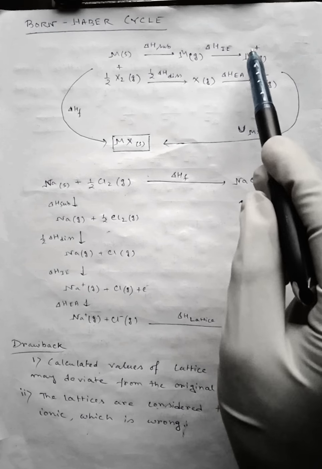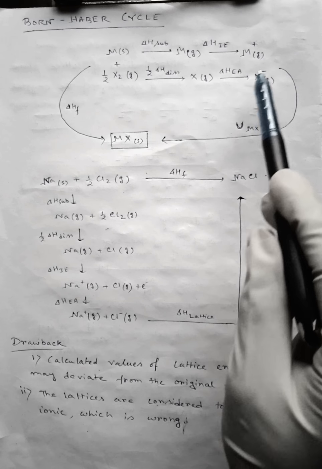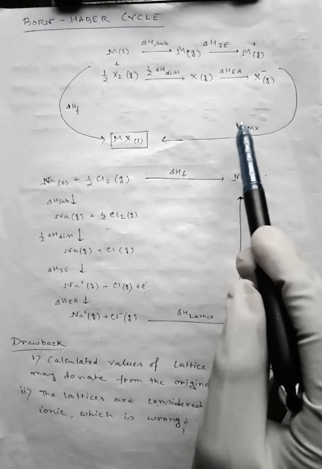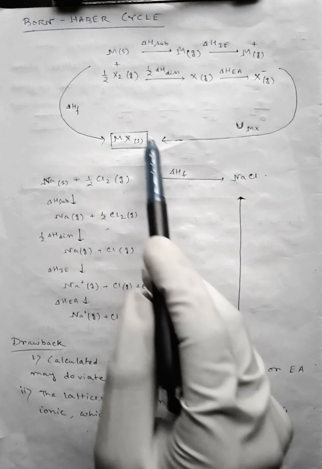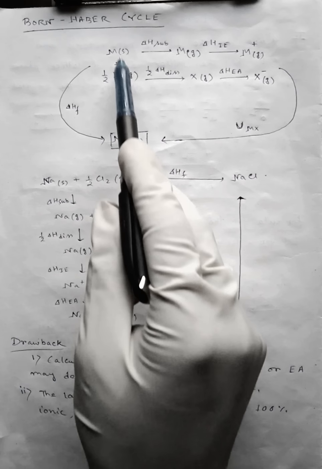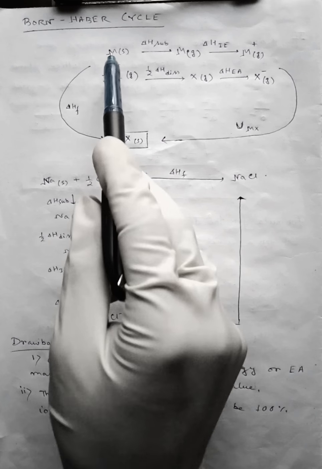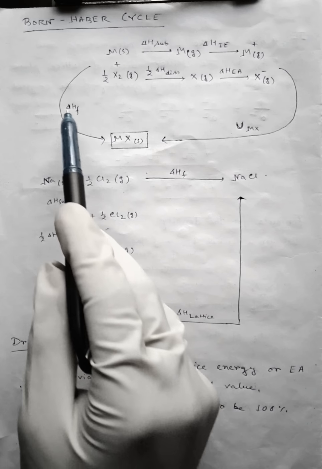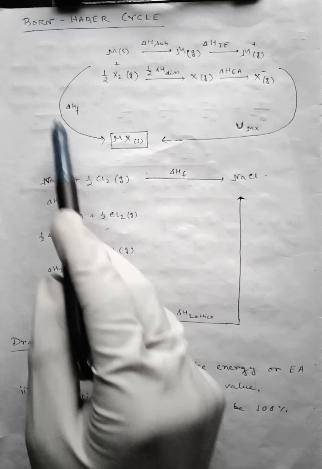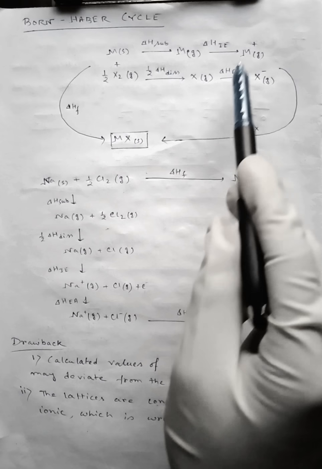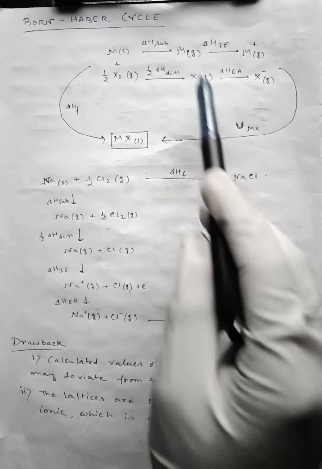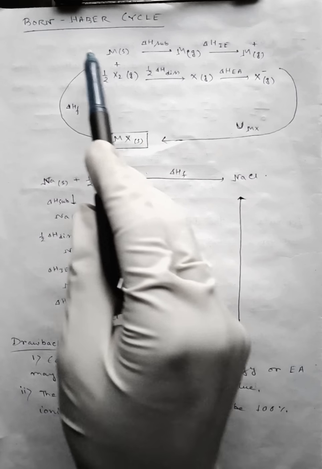Now if we combine these two, they will need lattice energy and they will form this MX type of compound. We can directly form this MX from these, and that will give the enthalpy of formation. So this enthalpy of formation will be equal to all these enthalpies plus the lattice energy. So these all will be equal to this